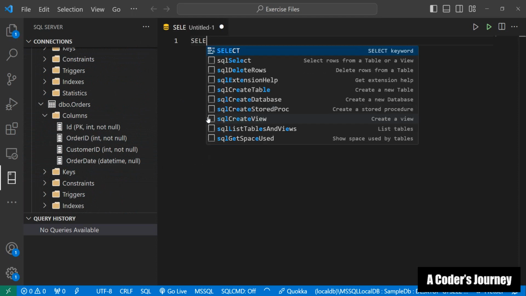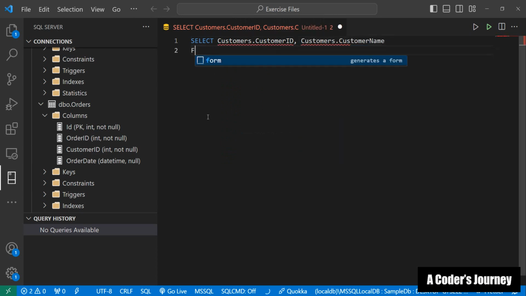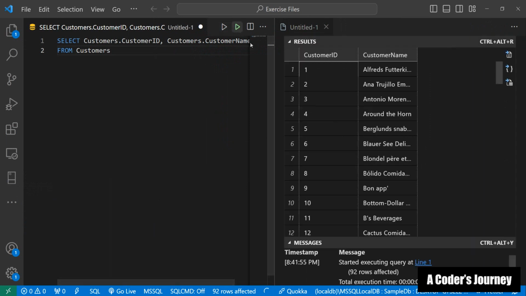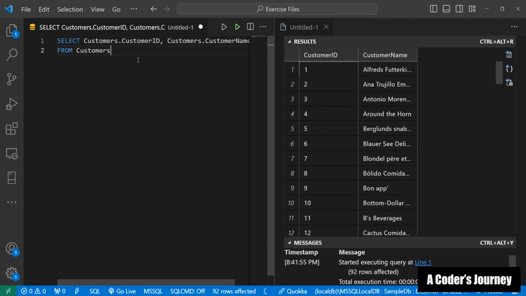So let me work with the customers table first. I'm going to say customers.customer_id, also customers.customer_name, from, of course, customers. If I run this, I will get all of the customers, right? But I want to get only the customers who have at least one corresponding record in the orders table. So to do that, I am going to say where